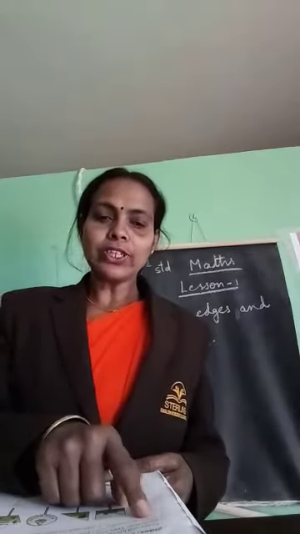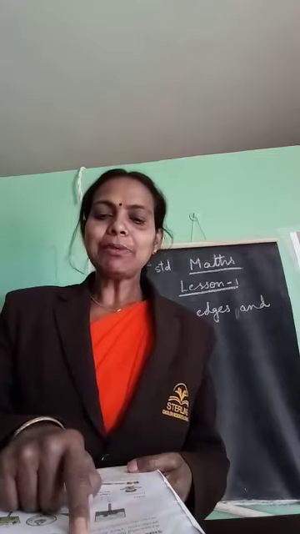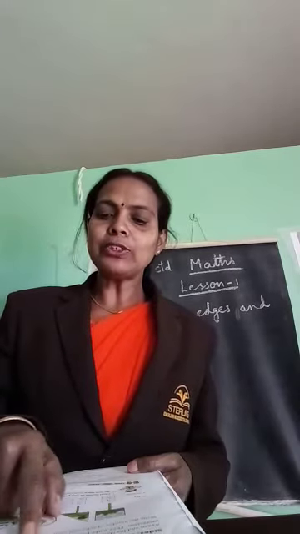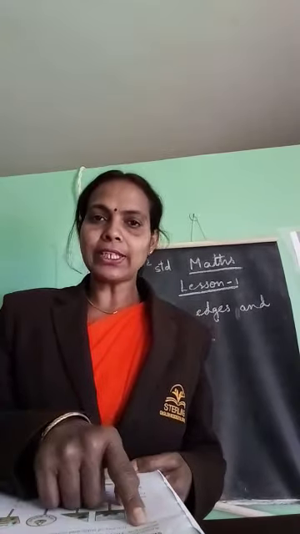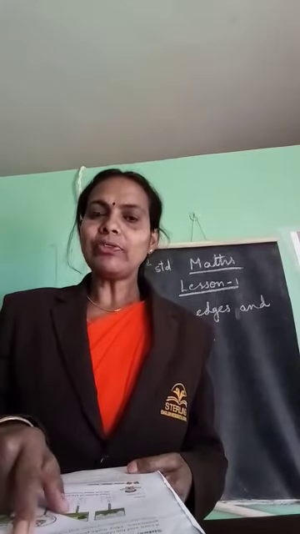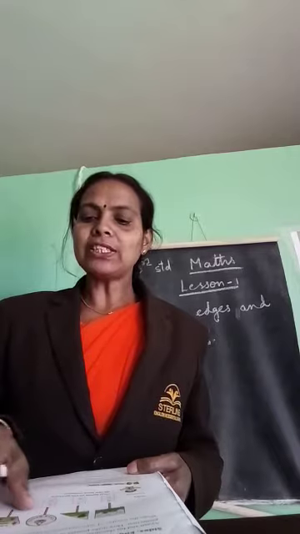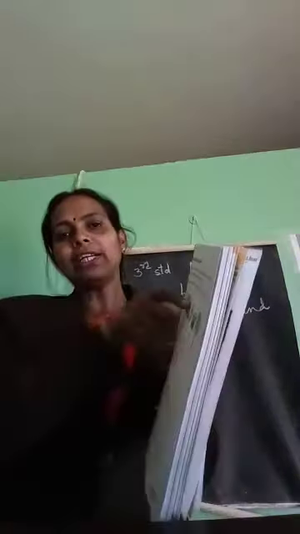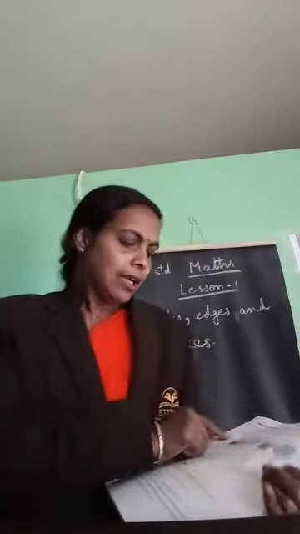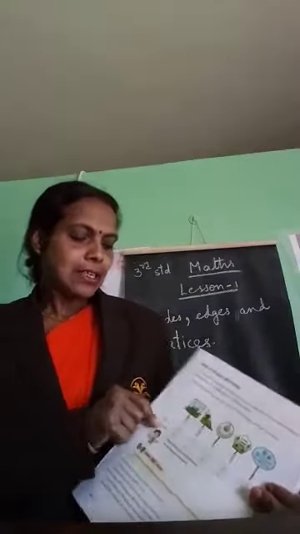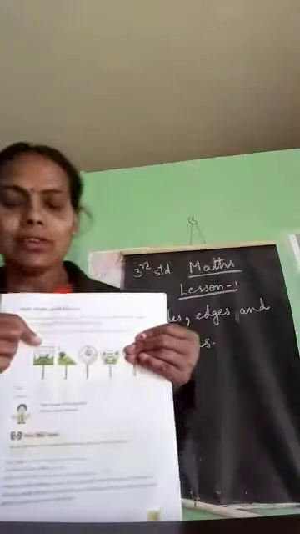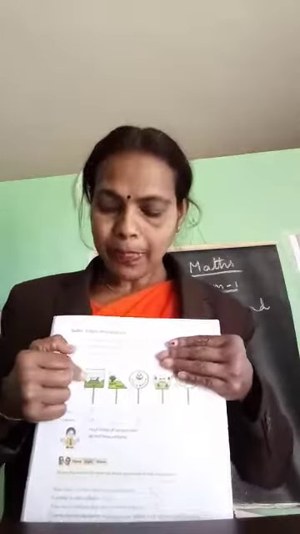First I will read the question. Ayan and his classmates are given a project to make a poster on environmental protection. They make posters of different shapes. Write the number of sides and corners of each poster in the given boxes. Now you already know what a corner is, and what a side is. Now see the first picture.